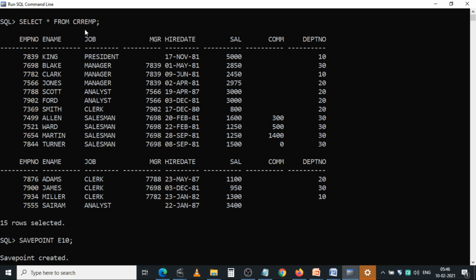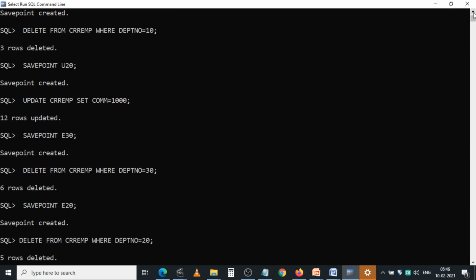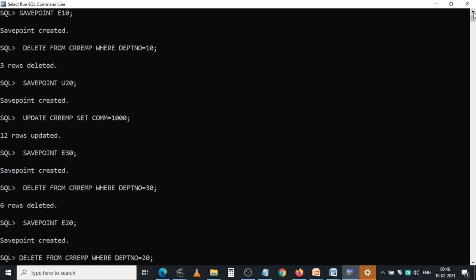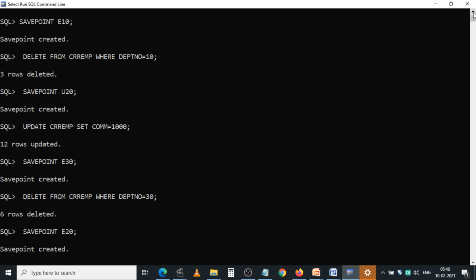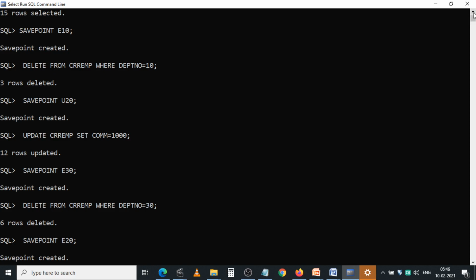First of all, here I'm using one table, the CRR EMP table. I want to retrieve all the records from CRR EMP: select star from EMP. It shows 15 records. If I want to apply a savepoint to the transaction, first of all you have to create the savepoint.